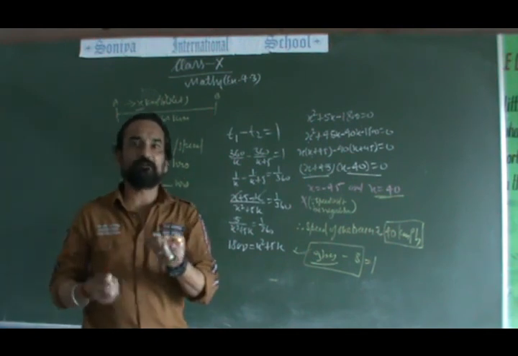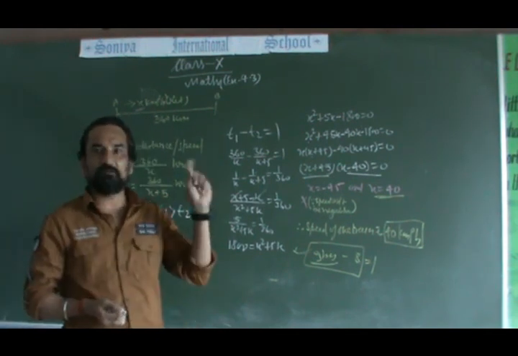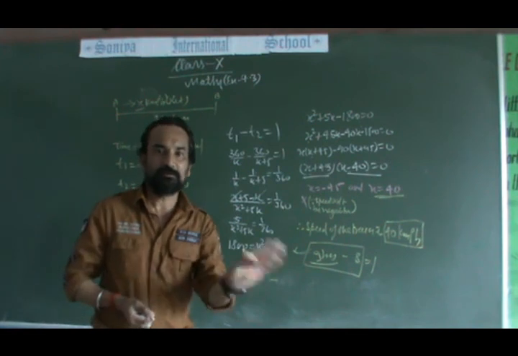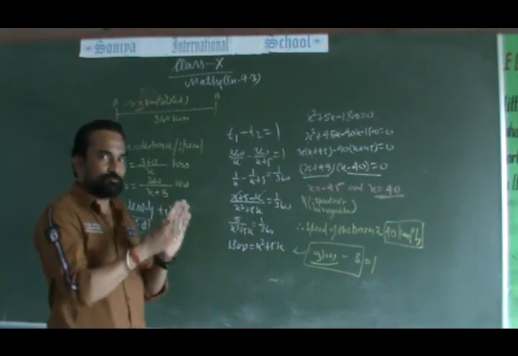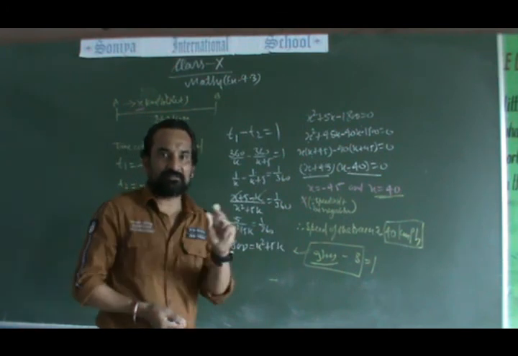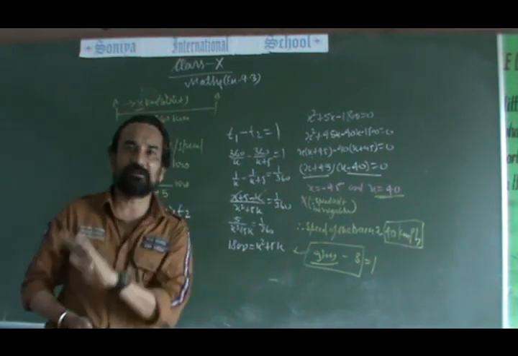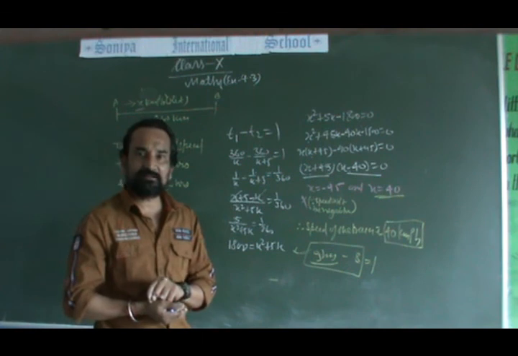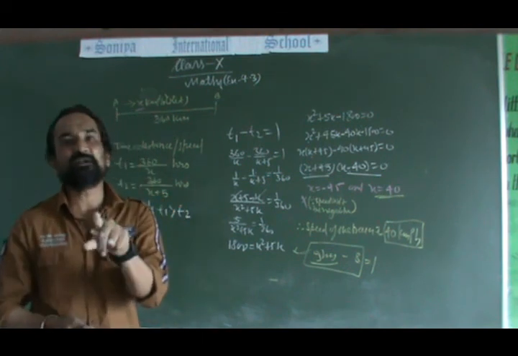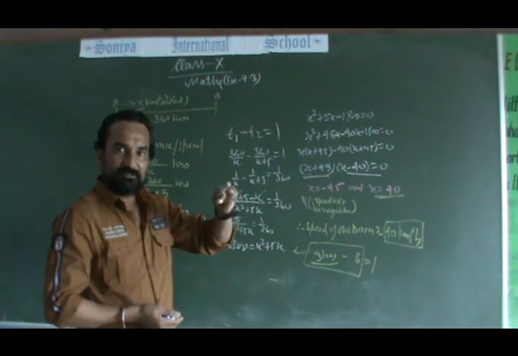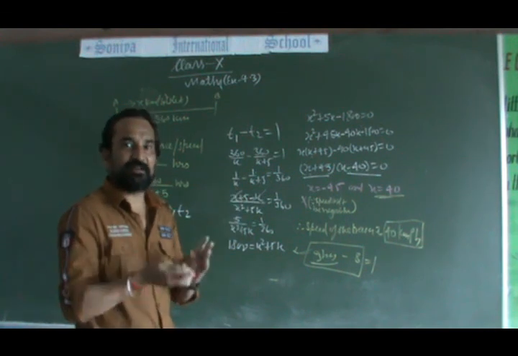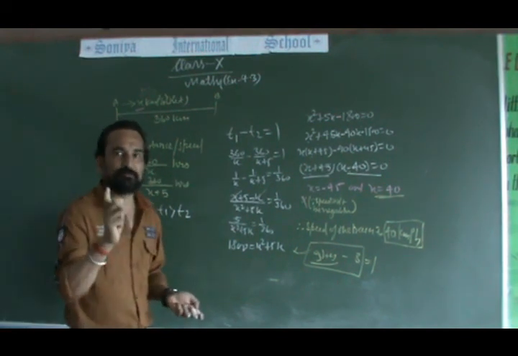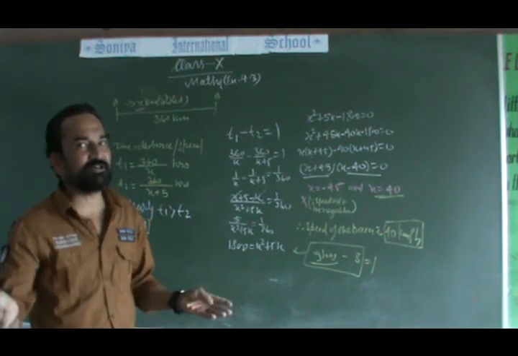a, b and c, you are well familiar with these terms. a is the coefficient of x square, b is the coefficient of x, and c is the term which is free from the variable. Now we have only three ways: D is either equal to 0, lesser than 0, or greater than 0. If it equals 0, then the roots are real and equal. If it is greater than 0, then the roots are real but unequal. In these two cases, roots exist, but if the value of D is lesser than 0, meaning negative, then roots do not exist because they are imaginary.